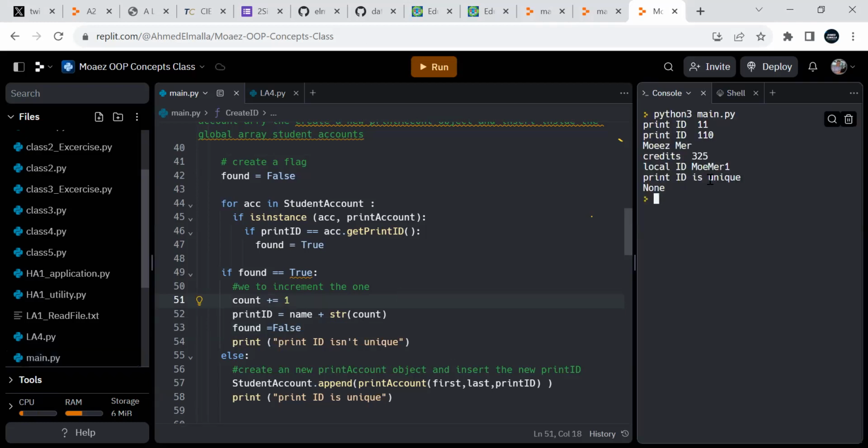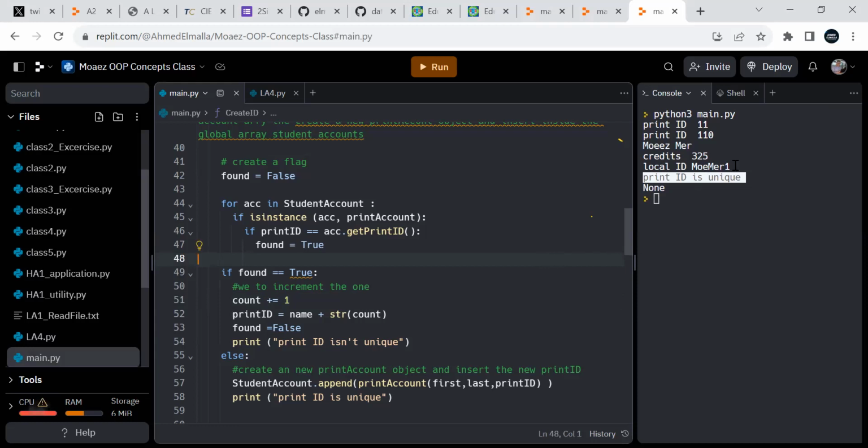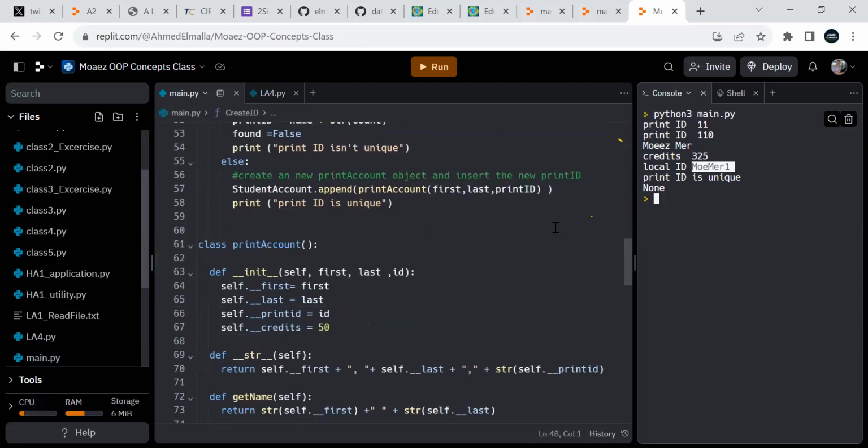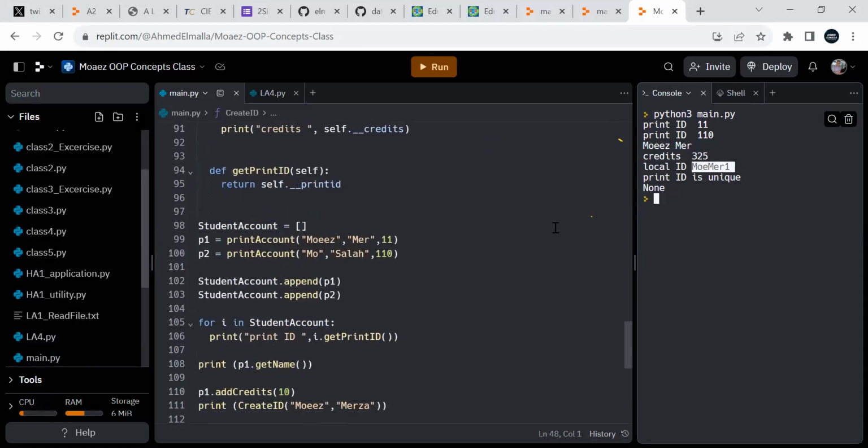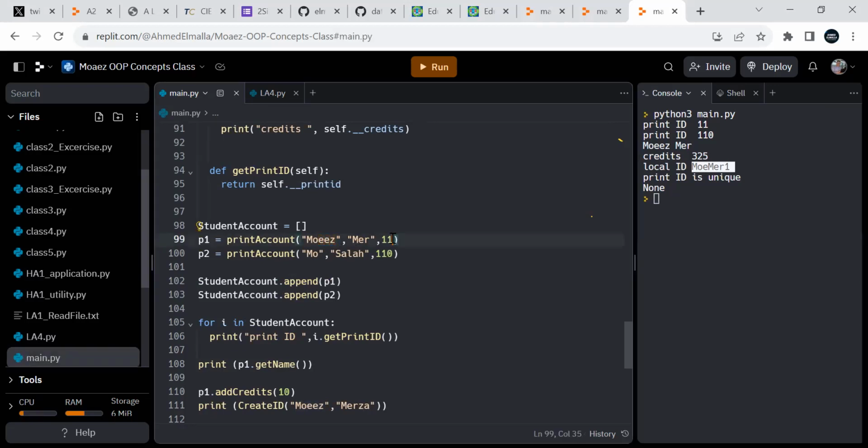So you see here it is telling me that the print ID is unique. Why? Because inside the array, there are only 2 objects. And if you see the 2 objects, this is the first name, this is the last name, and I'm passing here just 11 as a print ID. But what if I put